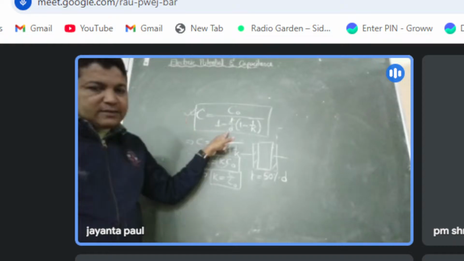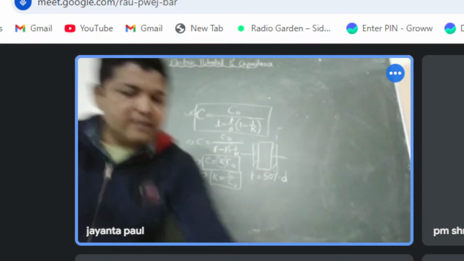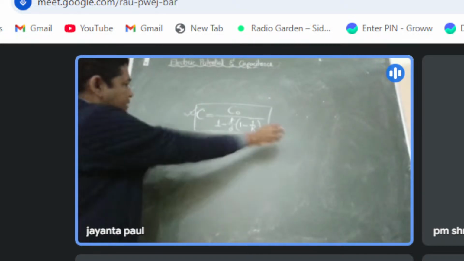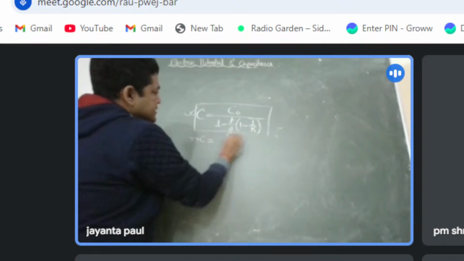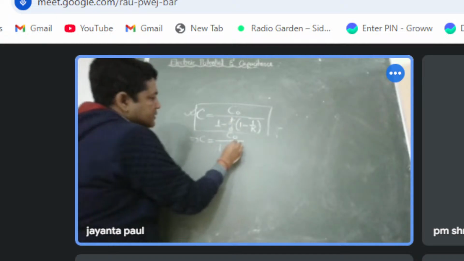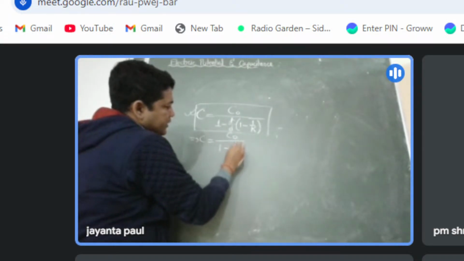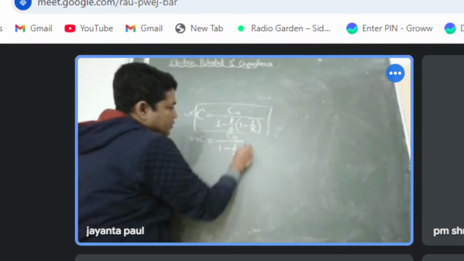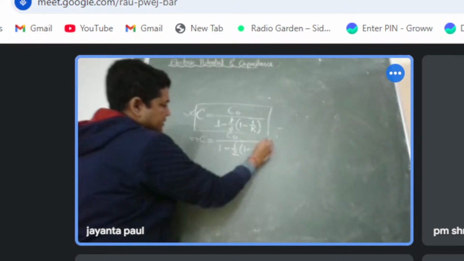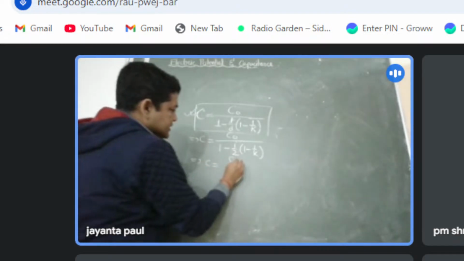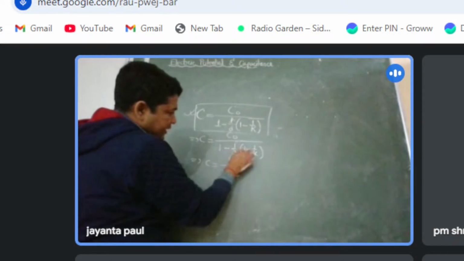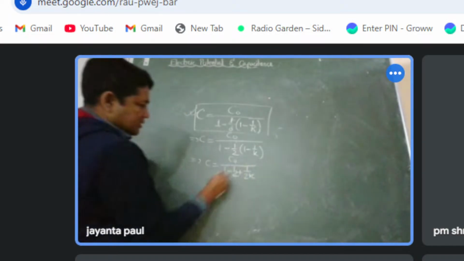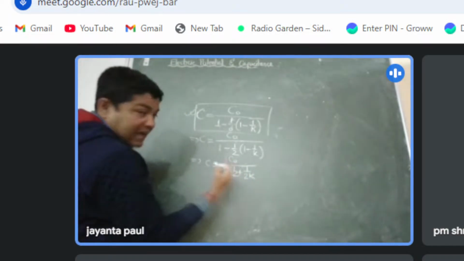t हाफ ऑफ d होगा। ये करने से आप लोगों को आंसर मिल जाएगा, C is equal to C0 / (1 minus t/d (1 minus 1/K)), मतलब d डिवाइडेड बाई 2, और नीचे एक d है तो d d कैंसिल, तो t/d मतलब हाफ, 1 minus half, तो C is equal to C0 / (1 minus half plus 1/2K), तो 1 minus half मतलब यहां से एक हाफ आएगा,